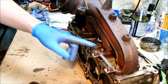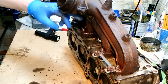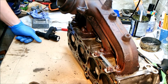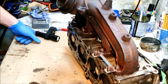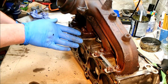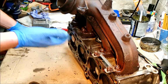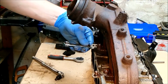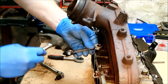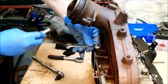All of these I can sort of get the impact gun on, but this one is actually hidden behind the downpipe on the exhaust manifold. So I don't know what to do with this one. I think I might try this one first, because whilst everything else is under tension, there's probably less chance of it being loaded as the tension comes off the other one. I think I've just been tapping away gently with this. I think I've got movement. I don't want to overdo it, but